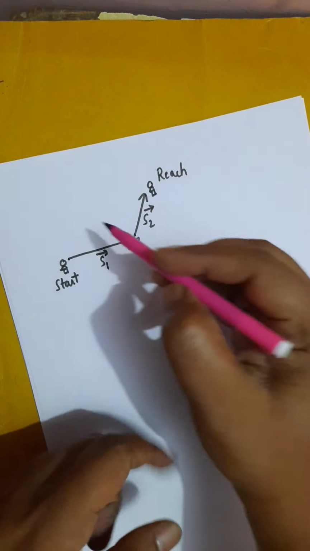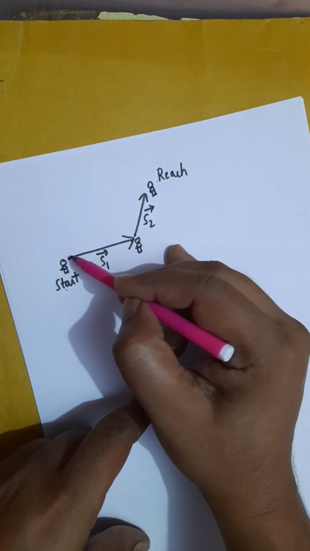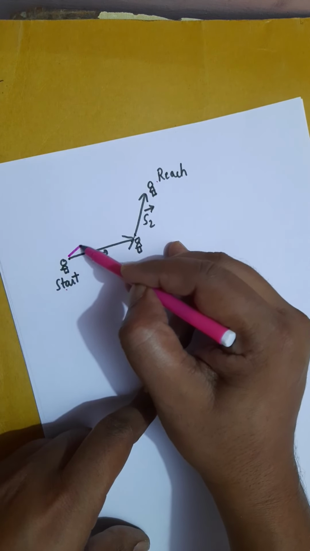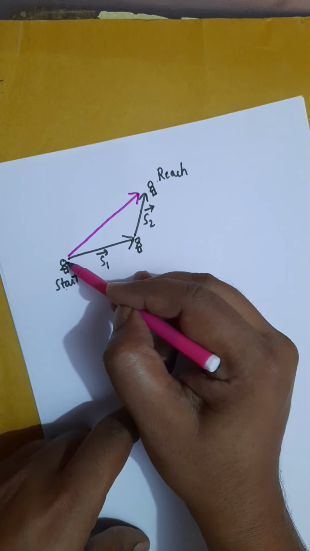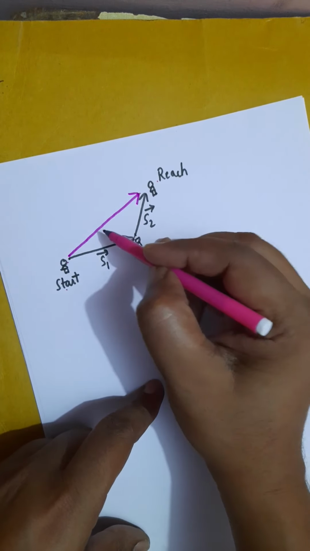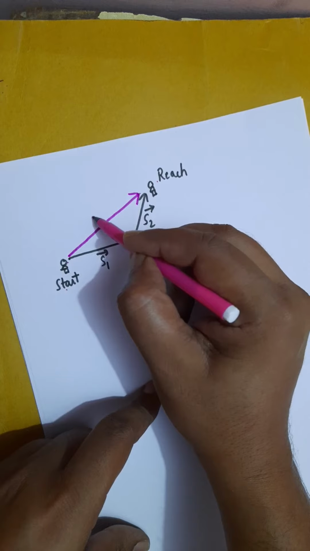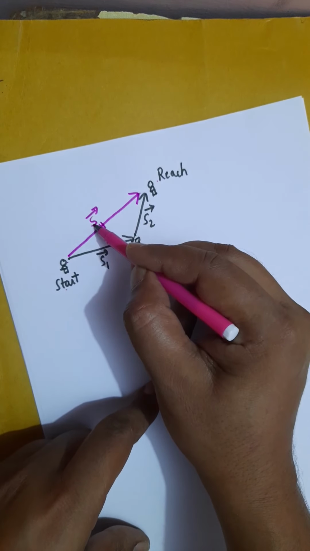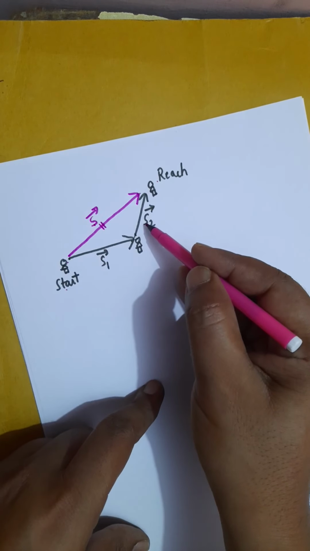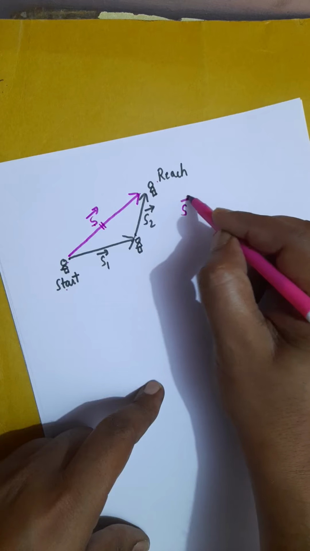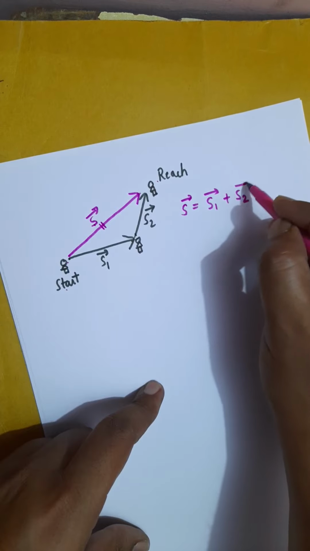Now, in order to start from this point and reach the same point, you could have taken this path, because this path is also from the same starting point to the same ending point. For that reason we say that this arrow, which is your displacement S vector, has the same result as that obtained by S1 and S2. Therefore vector S is called the resultant of S1 and S2, and you write S equals S1 plus S2.